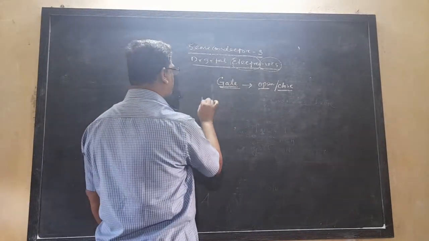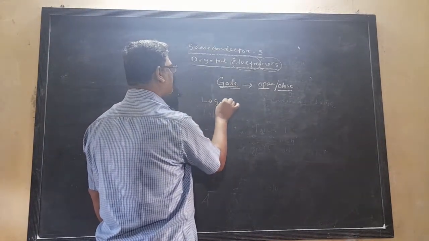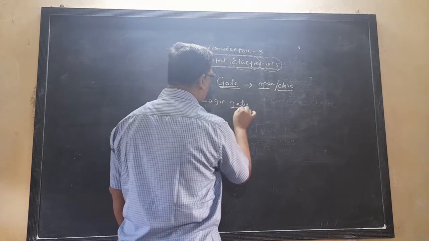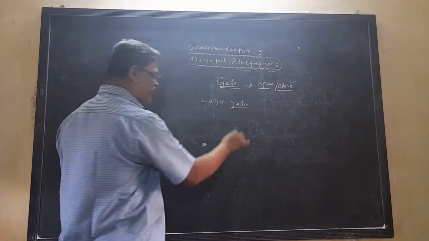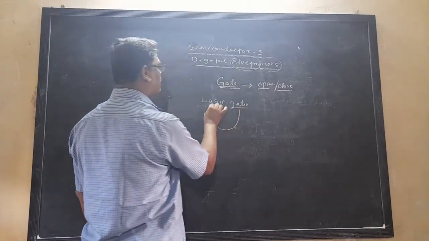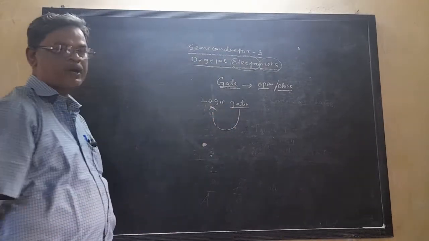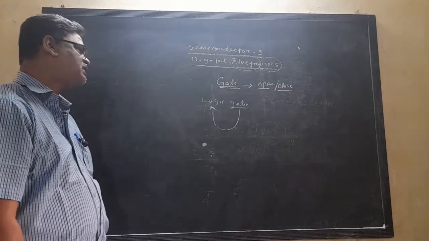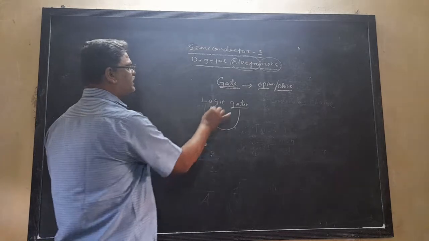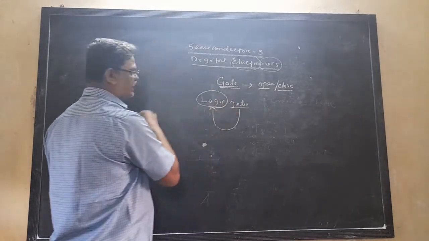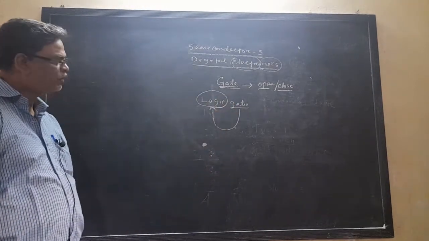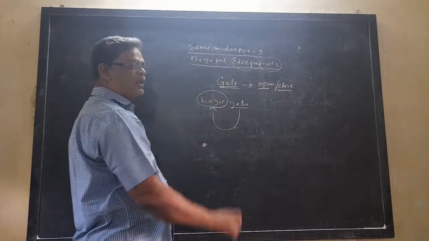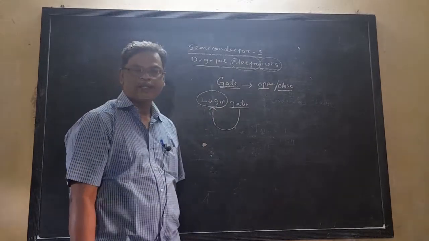So what are the logic gates? Logic gates are the gates whose function, operation, or working, whatever action it performs, depends upon a logic decision. They are known as the logic gates. Before going to the logic gates, this logical decision is expressed by an algebra that is known as